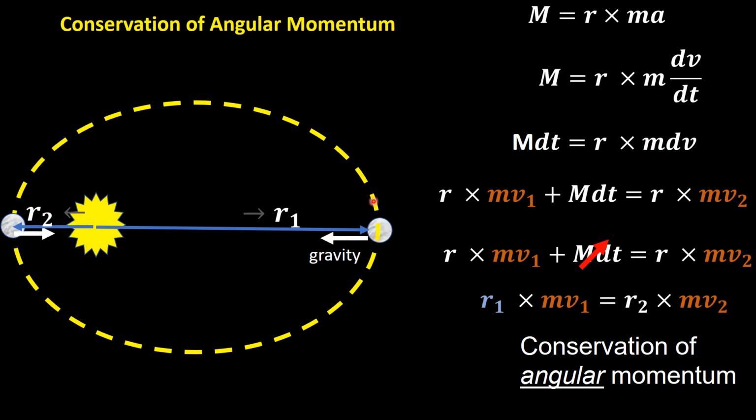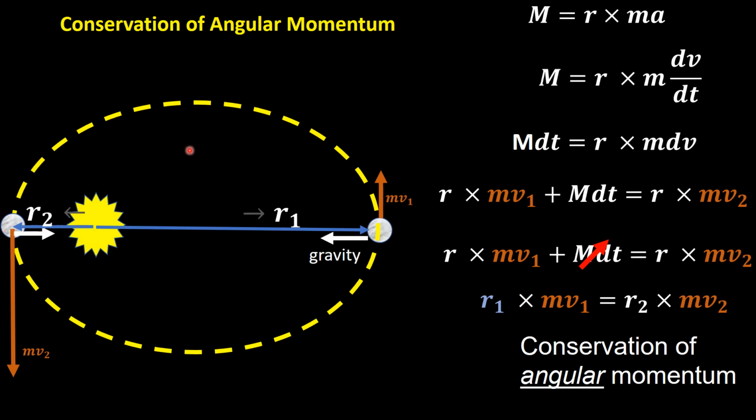Gravity is not perpendicular to our lever arm, so gravity does not change the orbits, and we should have an initial radius and velocity that is the same as a final radius and velocity. Okay, so if we have some big radius and a little velocity on one side, so big R1, small V1, we're going slow way out here at this large radius. And if we happen to be in one of these elliptical orbits, by the time we get around to the other side,